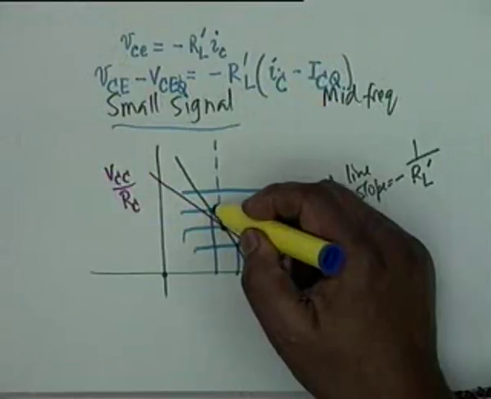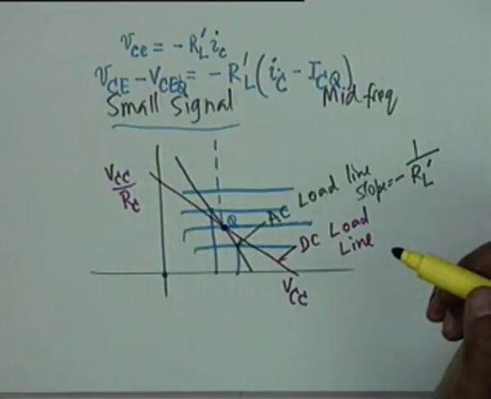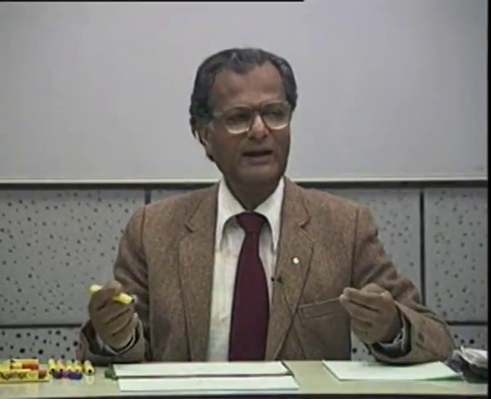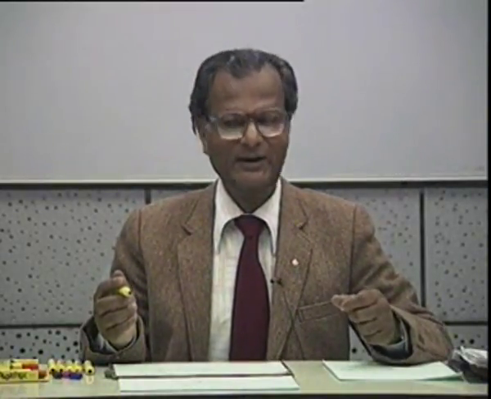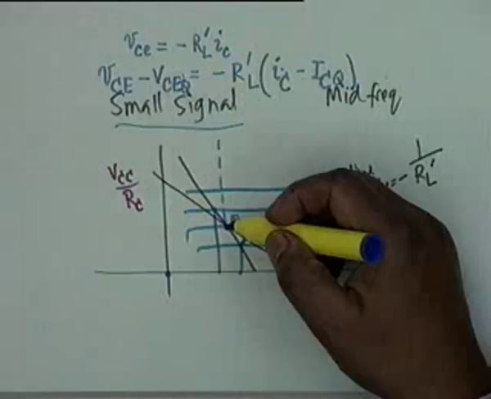But as far as AC operation around a well chosen Q point is concerned, well chosen, I have already told you how to choose it, then the operation can be thought of as linear, and the analysis becomes very simple. Very simple. And why is it called small signal? We are considering only small signal. Now, who prevents you from applying a large signal in a transistor? If a large signal operation is required, then we shall have to go into nonlinearities. There is no way out. What we are considering now is either a voltage amplifier or a current amplifier, where the excursions on the Q point will be small.